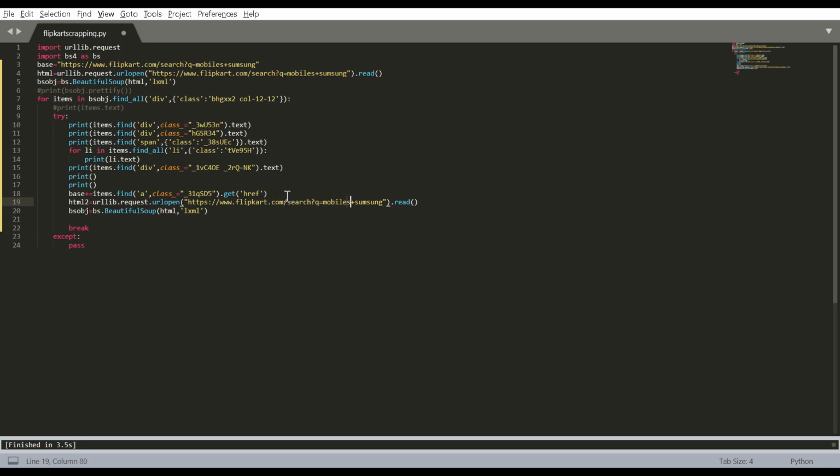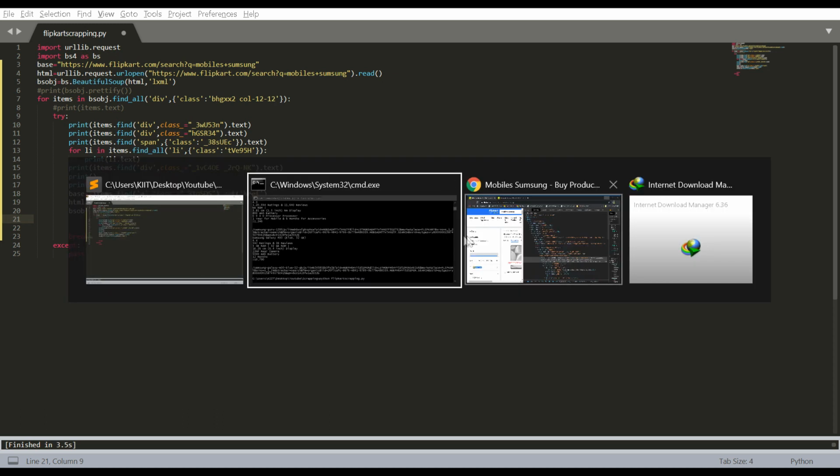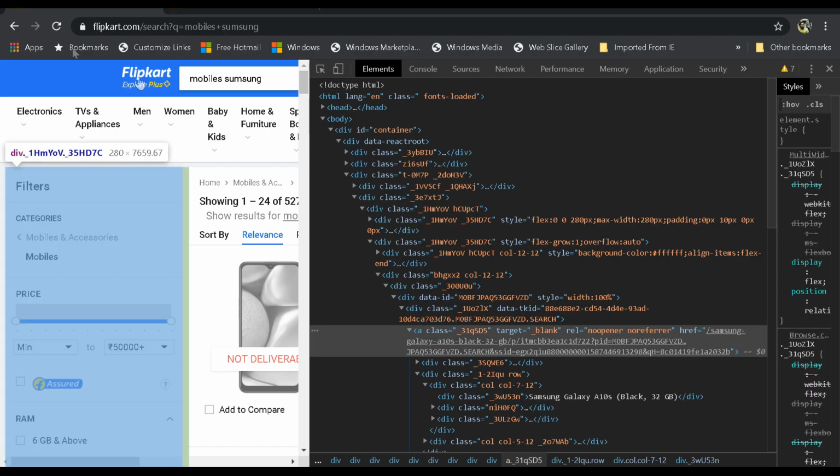Here we'll be opening the base website, which is base plus the traversing web page. Then for HTML2 we'll define a new object for that. We'll not check it out because it's quite a common thing.